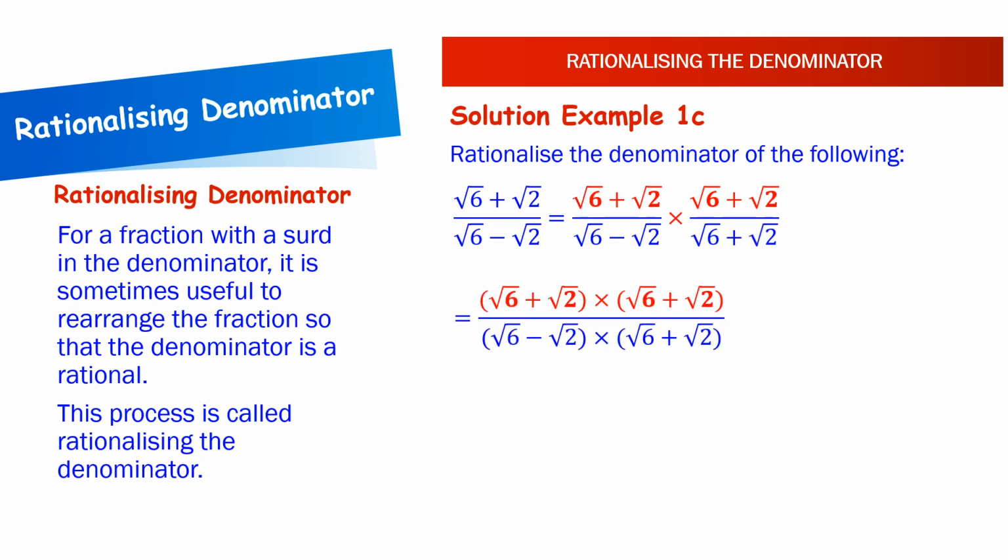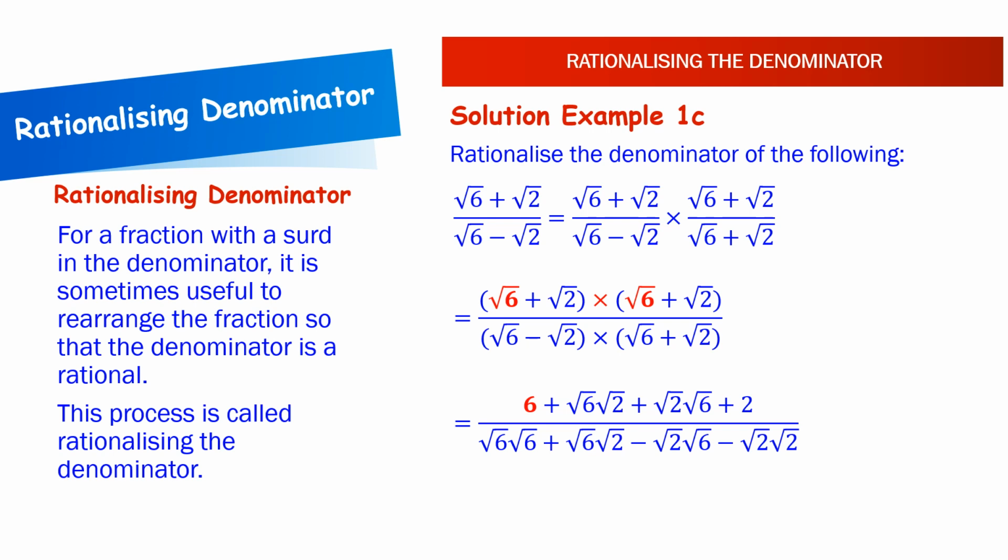So in the numerator we have root 6 plus root 2 times root 6 plus root 2, and in the denominator we have root 6 minus root 2 times root 6 plus root 2. So in the numerator, when we multiply out, we have 6 plus root 6 root 2 plus root 2 root 6 plus 2. And in the denominator we have root 6 times root 6 plus root 6 times root 2 minus root 2 times root 6 minus root 2 times root 2,